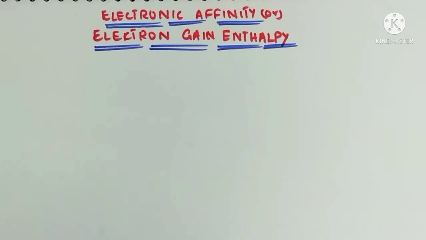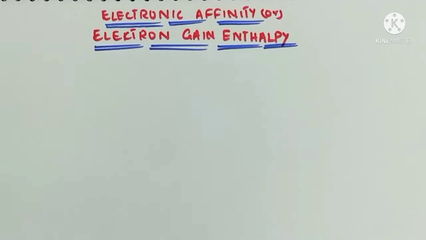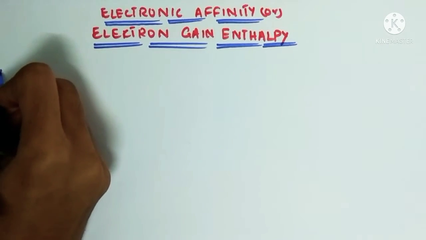So in this video we're going to learn about electronic affinity, which is also called electron gain enthalpy. We can define electronic affinity as the amount of energy released when an electron is added to a neutral isolated gaseous atom of an element. So we can write the definition as